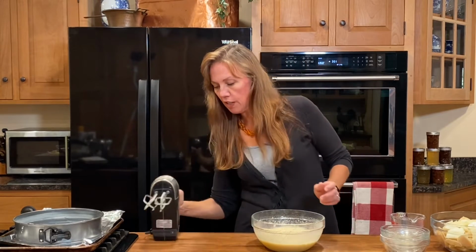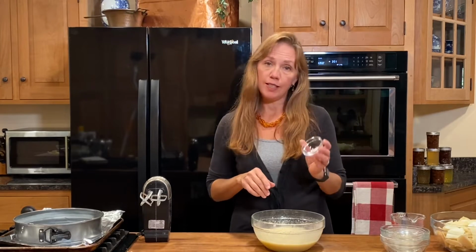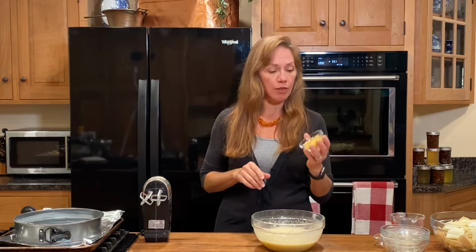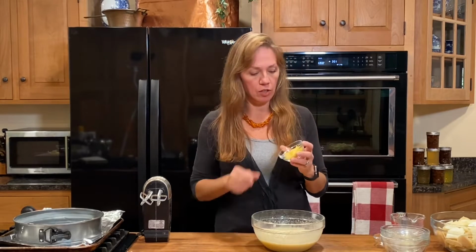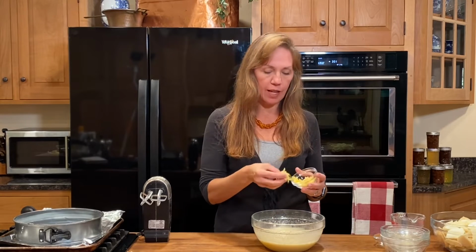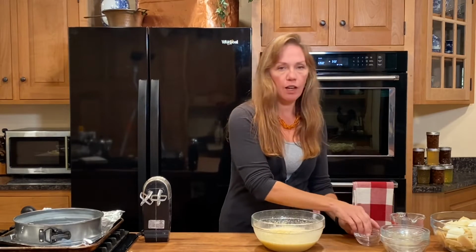All right, so once that gets all the way blended, we're gonna go in with a teaspoon of baking powder and then 2 tablespoons of grated lemon rind. So you could zest, but I like these bigger chunks like this. It kind of melts down into the whole thing and just gives it the nicest, fresh, bright feeling when you're